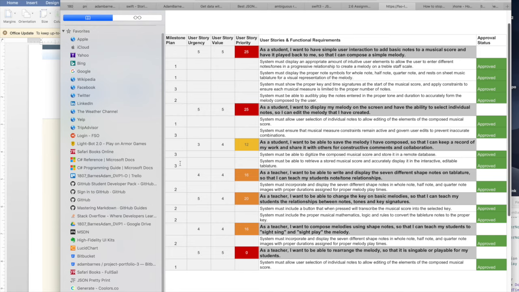Another objective for milestone 3, system must be able to retrieve a stored musical score and accurately display it in the interactive editable tablature. Yes and no. I'm able to retrieve it. I'm able to display some things on the screen, but all my image views, none of them are populated. I'm not exactly sure why. I've been looking and trying to do some figuring, researching, and looking into why that would be the case, but